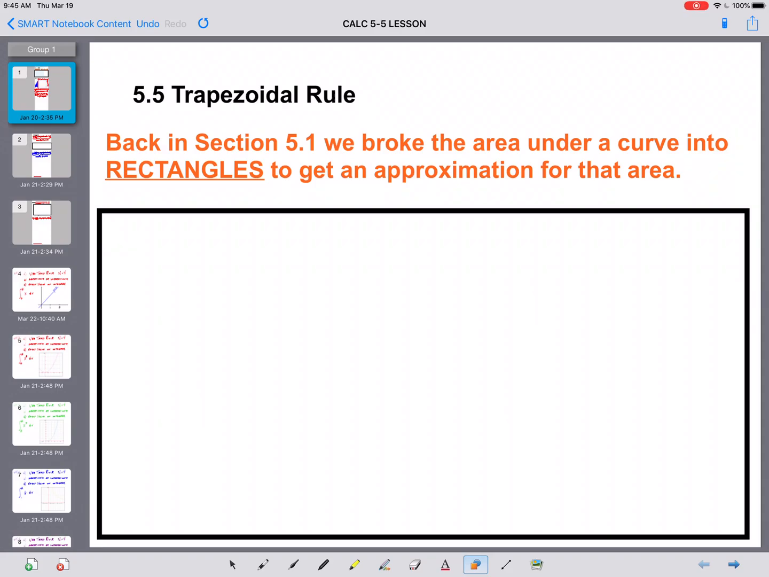This is Calculus Lesson 5.5. We're looking today at what's called the trapezoid rule. Now, remember, back in section 5.1, we broke the area under a curve into rectangles, and we had MRAM, LRAM, RRAM. Well, this is a similar idea here, but instead of rectangles, a better way to estimate the area under the curve is using